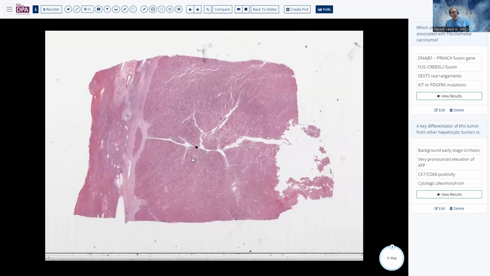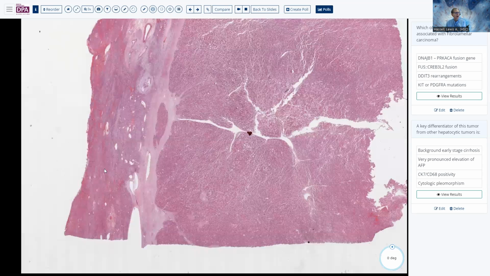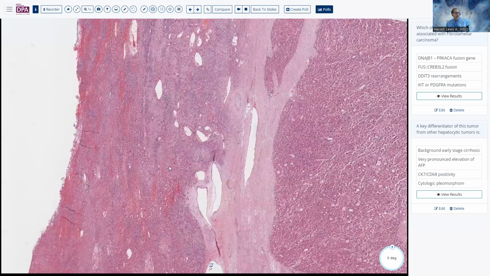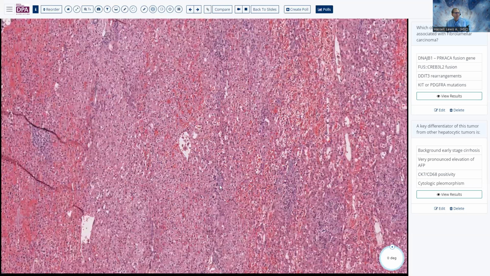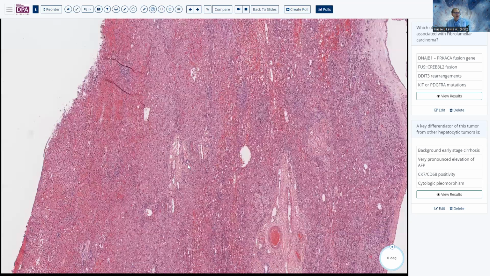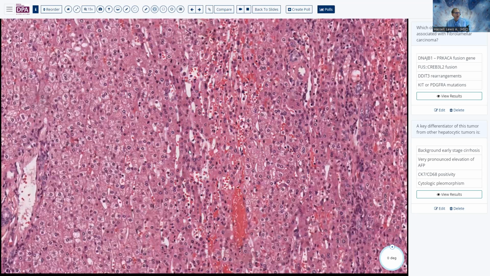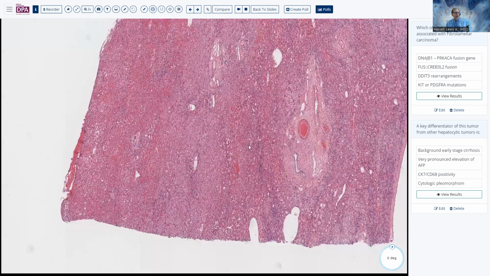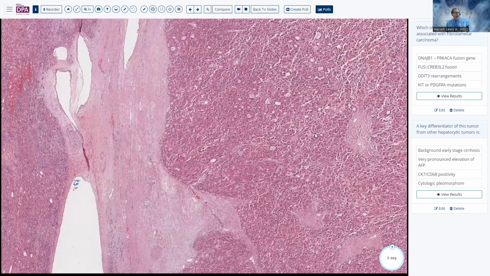Okay, so here's another liver case, sticking around in the liver. We can see here an area of distinct abnormality, and maybe the marginal zone here of adjacent liver that's somewhat compressed, but does not look to be cirrhotic. So there's a first and very, very important clue that the background liver is not cirrhotic. And that, in the case of a primary hepatocellular tumor, puts us 99% of the time into the right diagnostic